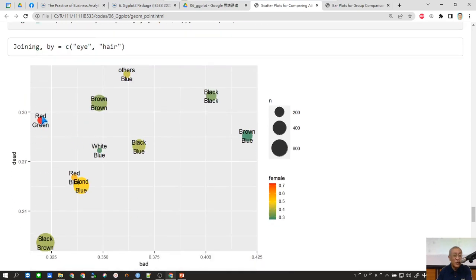It represents red hair and green eye. Okay, for this one it's black hair and blue eye. Okay, and for this one is brown hair and blue eye. Okay, so for different appearance, I